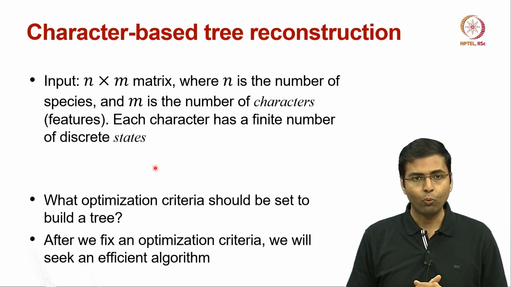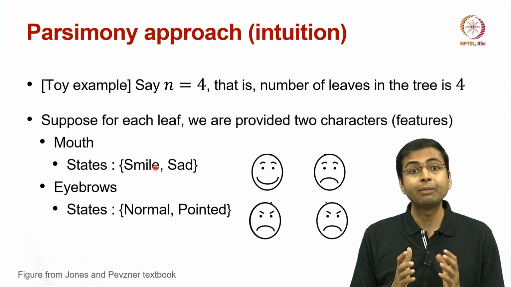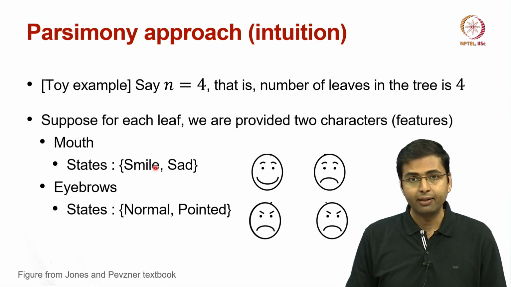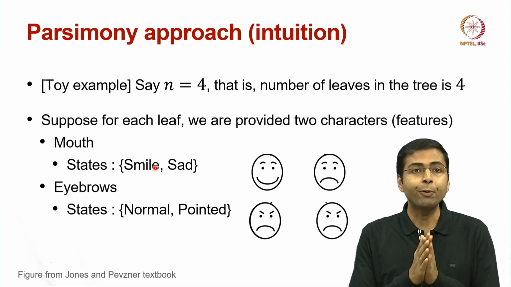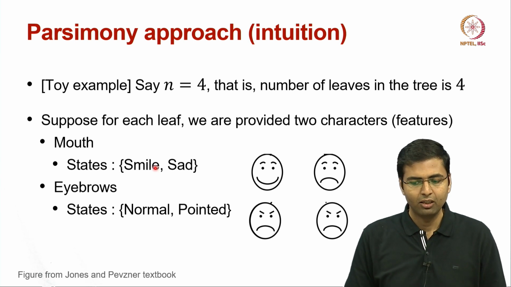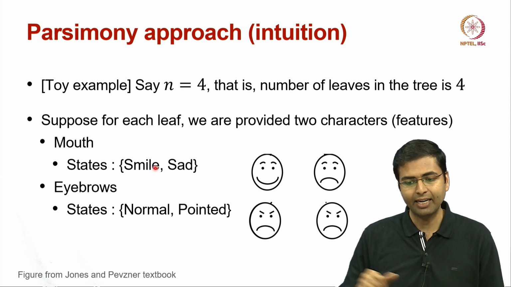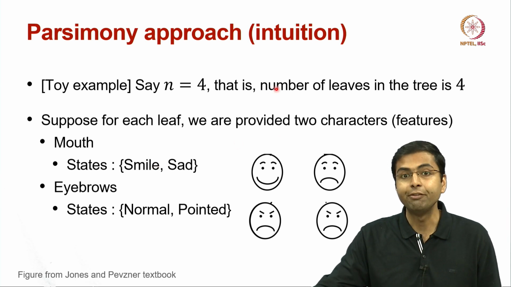So, let us look at one possible optimization criteria, which is based on a parsimony approach. Let me show you what the parsimony approach is based on this toy example. Let us say in my toy example I have 4 species, that is, I have 4 leaves in the tree,